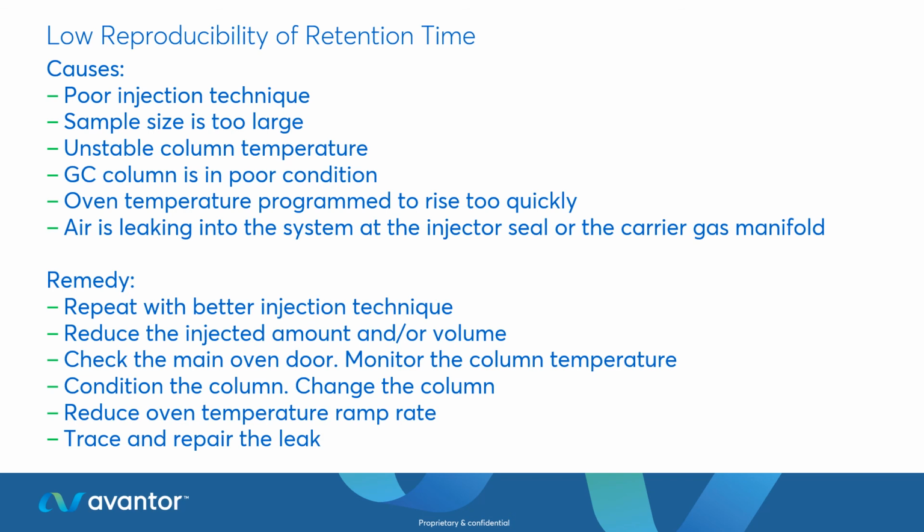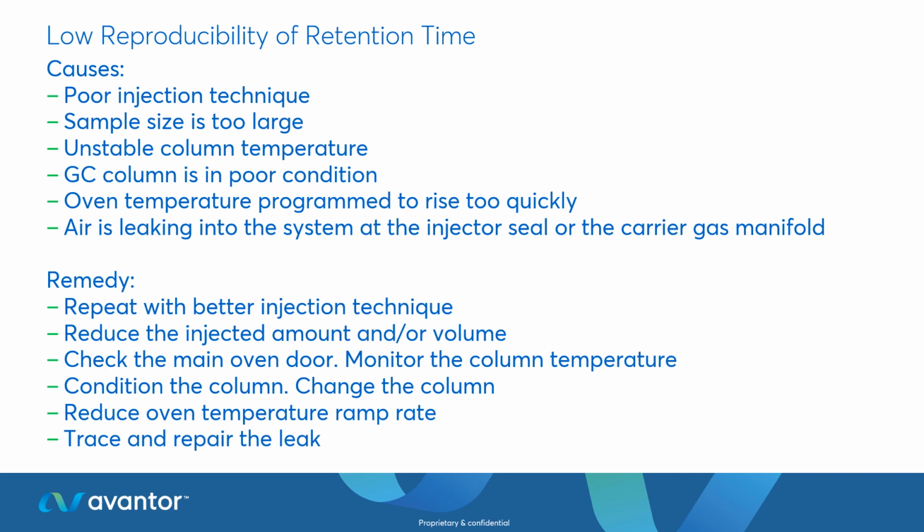We can now look at low reproducibility of retention time. A variety of different causes for this: poor injection technique, the sample size is too large, unstable column temperature, the column might be in poor condition, the oven temperature program is too quick and therefore not reproducible. It might be that there's air leaking into the system at the injector or the carrier gas. In terms of solutions to remedy this, we could look at doing a better injection technique, look to reduce the amount that's injected,